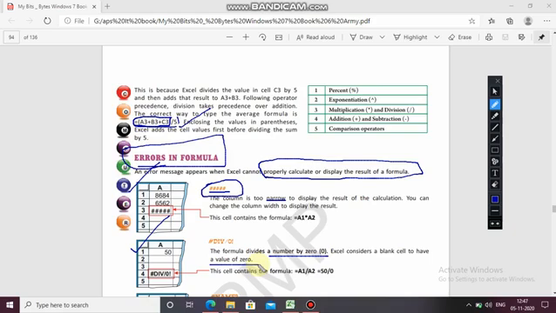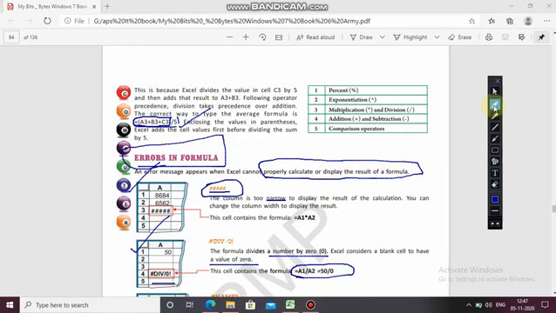If you leave any blank cell, it will consider it as a 0. So this cell contains the formula A1 by B2, means 50 by 0, and is showing this error.